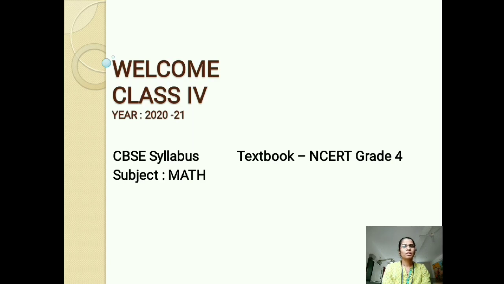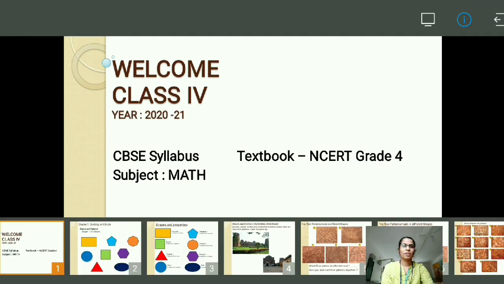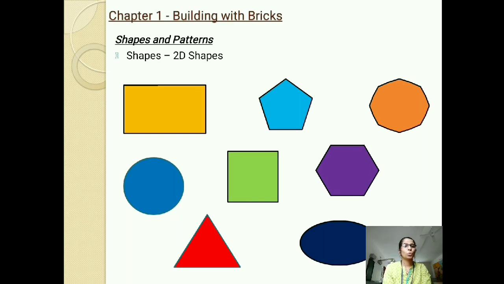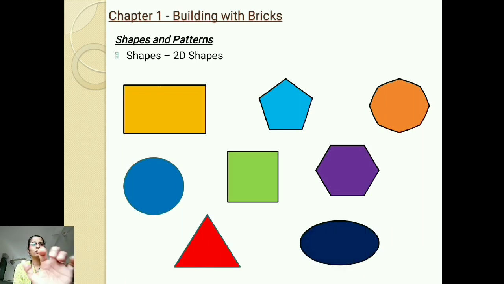Now you might be thinking, why such an easy topic? Now, shapes and patterns. We have seen many patterns are created by simple 2D shapes. 2D shapes means like rectangle, square, circle, triangle, oval, pentagon, hexagon, octagon, all these shapes which you can see now on your screen. All these shapes, you are familiar with, and you all know that these shapes are also called